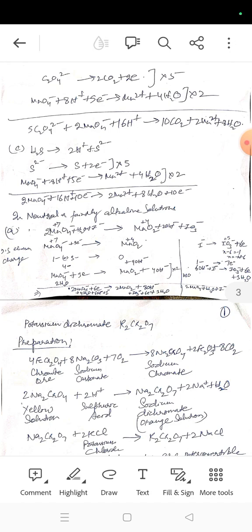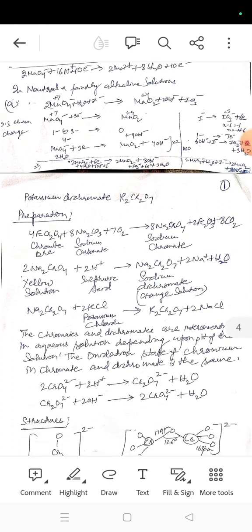So MnO4- plus 3 electrons plus 2H2O gives MnO2, to balance the oxygen and hydrogen, plus 4 OH-, and this is multiplied by 2. So here it will be in this way. Then iodide to IO3-. Here X is in the +6 oxidation state, so 6 electrons, X comes to +5. So here 6 electrons are lost. On the left hand side it's 3, so multiply by 2 to balance the 6 electrons, and this way finally we'll get the balanced